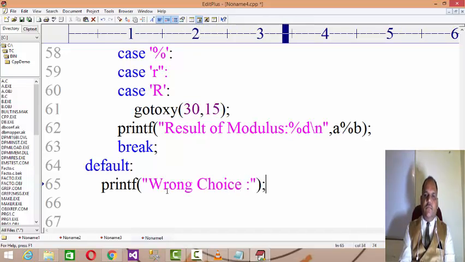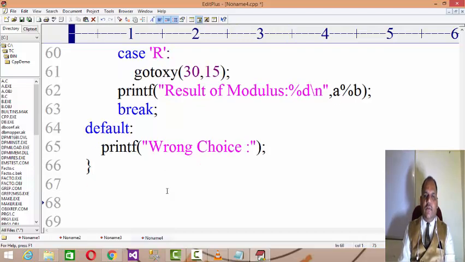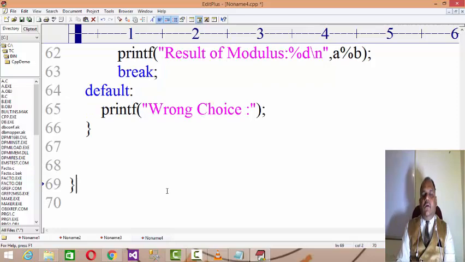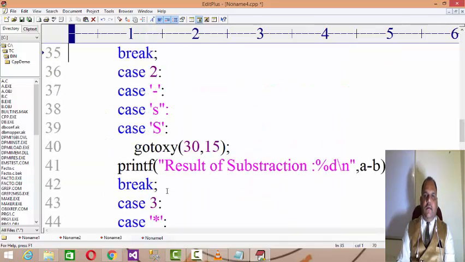If somebody enters some different character, then it prints wrong choice and goes to the end of main.